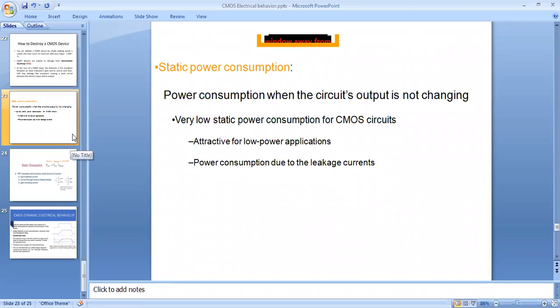So in steady state behavior, we study different subtopics. What are the different subtopics? We study the voltage levels of CMOS. That is our first topic. In voltage levels, we have 4 voltage levels: VIH, VOH, again in high state and low state. Therefore VIH maximum, VIL maximum, VIL minimum. So totally we have 4 types of voltages, and already in numerical form also I told you the voltage levels. After that, what is the topic we studied? DC noise margin.